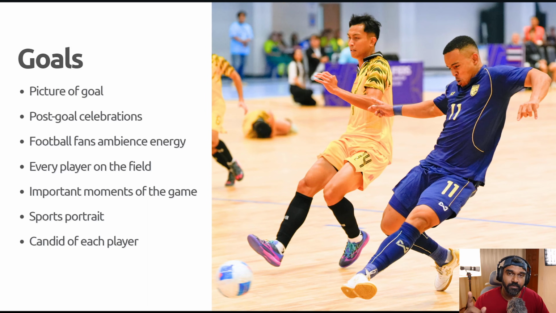So first of all, let's say the swimmer, if he's finishing, I'm just taking a swimming example, that's a totally different sport that involves different goals, and futsal is a totally different game and it involves different goals. So when a swimmer finishes the finish line, probably he reacts with surprise at winning the game. So you take those kind of photos, right? So that's the picture of the goal, the picture of finishing the game, and post finishing it, the celebration they're doing.